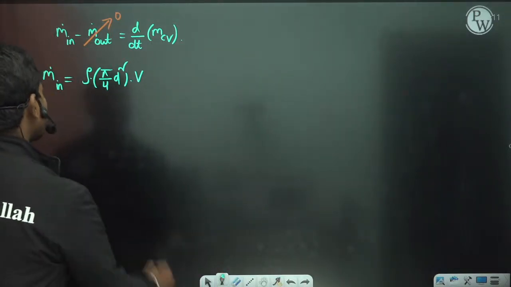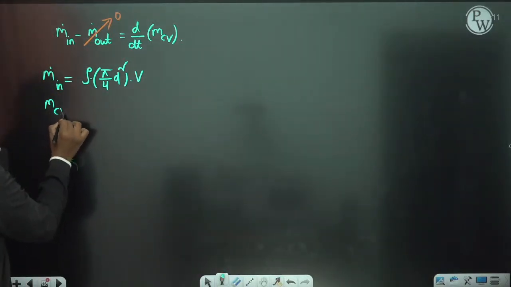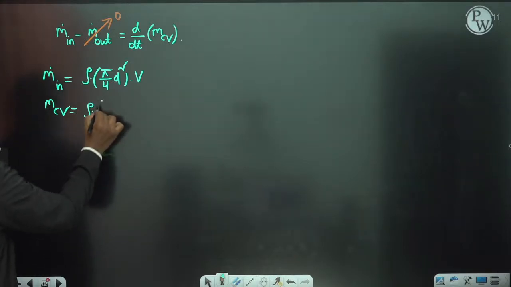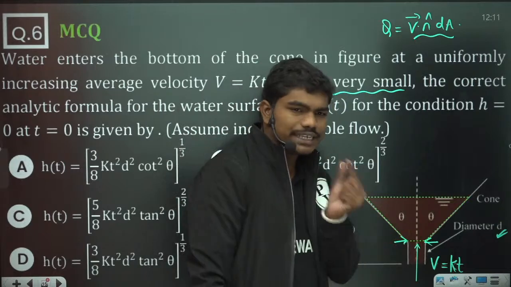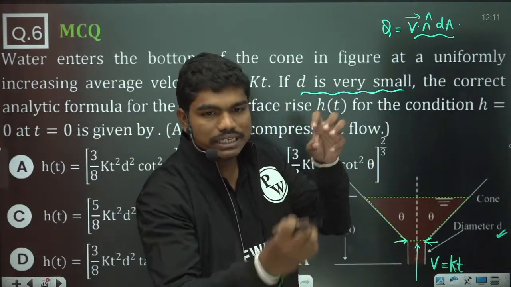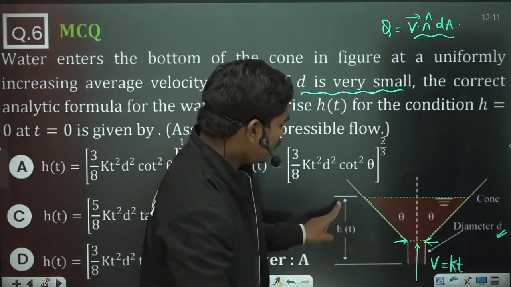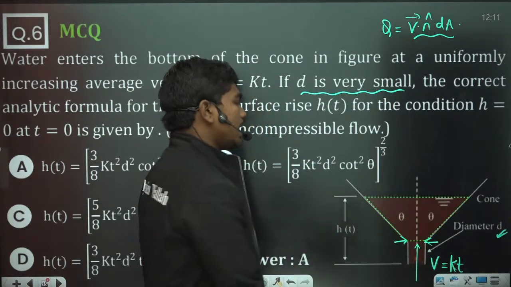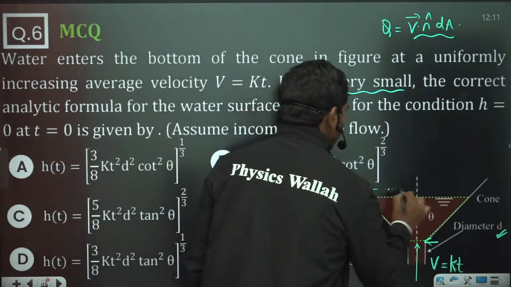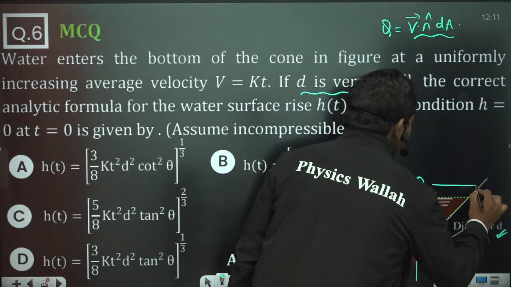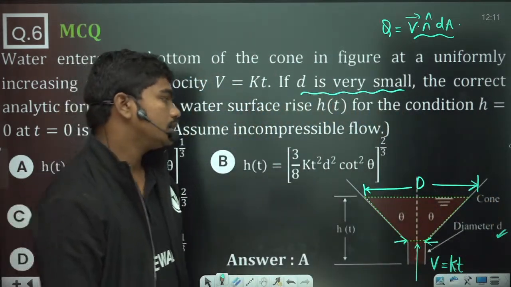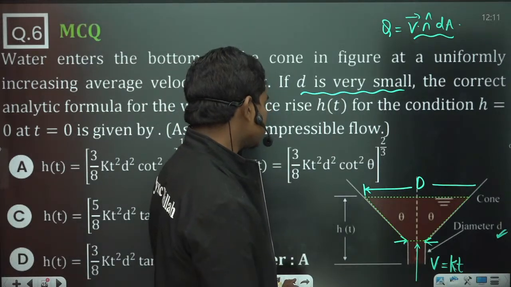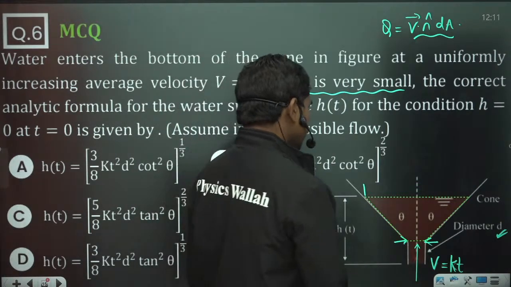Let us write the mass of the control volume. What is the mass of the control volume? Definitely density of the fluid into volume. So what is the volume of this cone? If this d is very small, meaning you assume this as a complete cone, then at any instant, if the height is h and the diameter is d, or let us take radius r, better. So if you take this radius r,